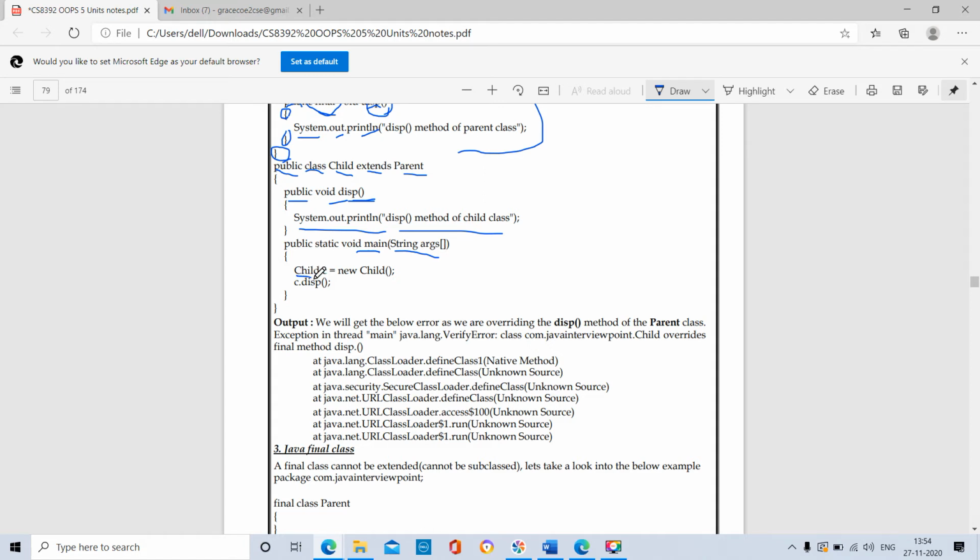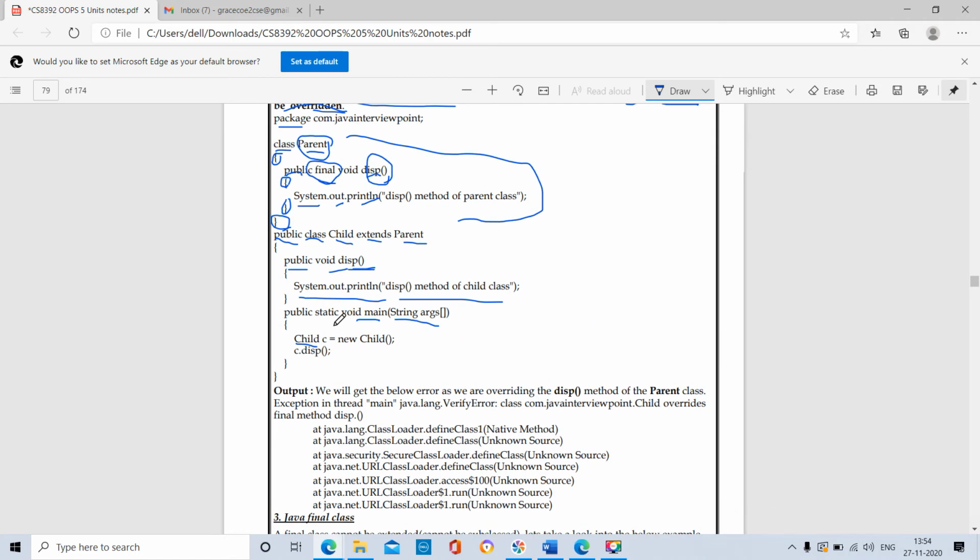So child is the class, derived class or subclass, or child class. This class will create a new object. That object name is C, equal to new. By using this new keyword, we allocate the memory for the particular object C. So new, then child.